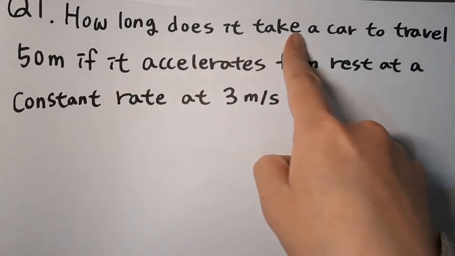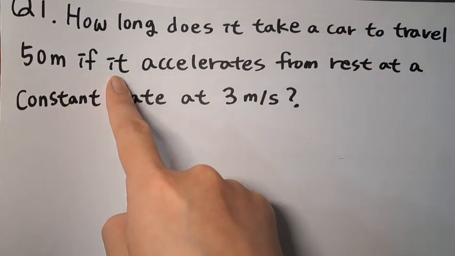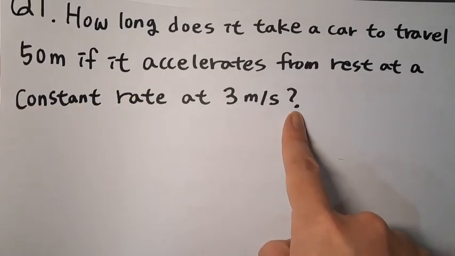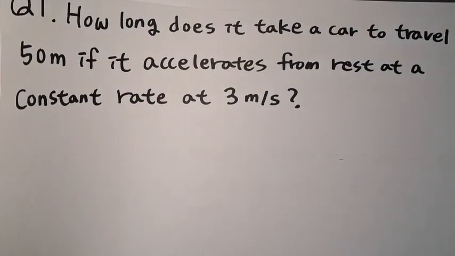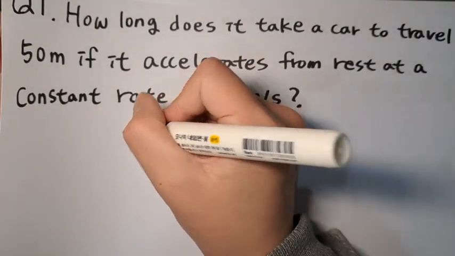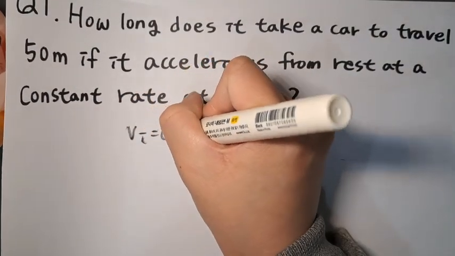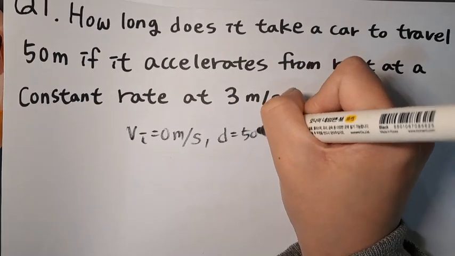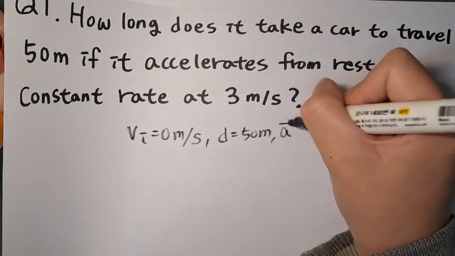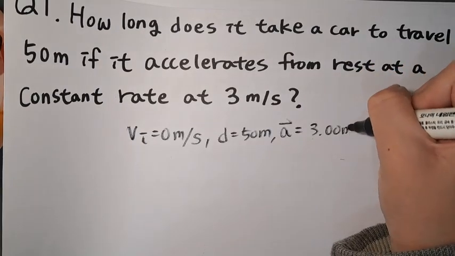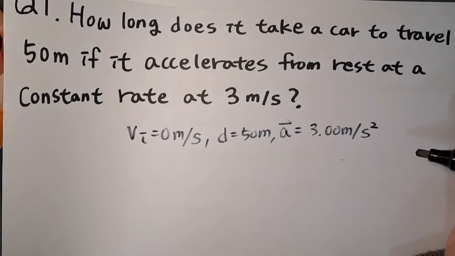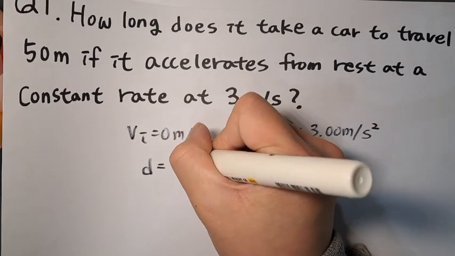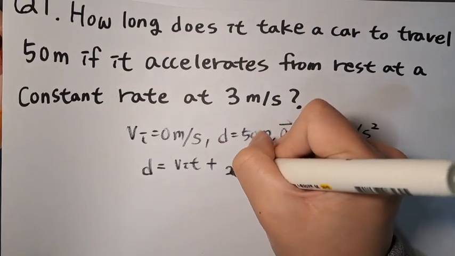How long does it take a car to travel 50 meters if it accelerates from rest at a constant rate of 3 meters per second squared? So the initial velocity is going to be this, and the distance is going to be this, and we can find the acceleration is going to be 3 meters per second squared. So we are going to apply this equation,